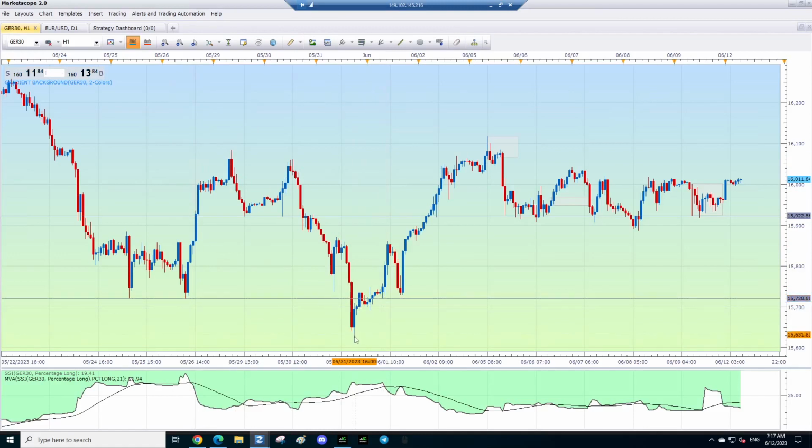And you could have had a stop there, for example, and we're doing quite well. So if that was your stop, you would have got a nice R there if you got out there, but it looks like we're well supported. Very choppy, very choppy there, and they have sold it. So